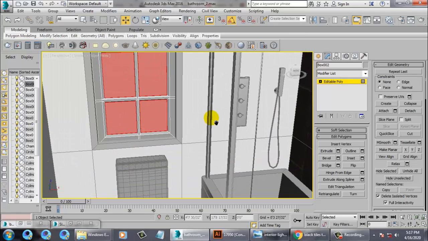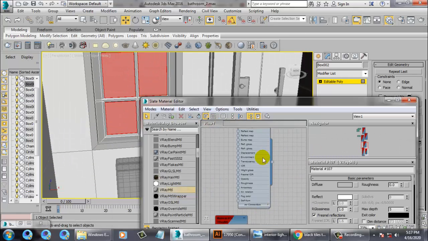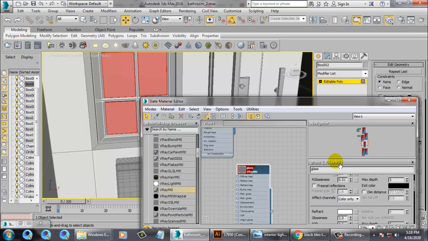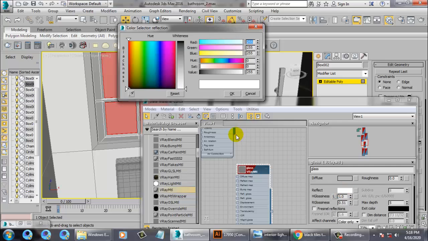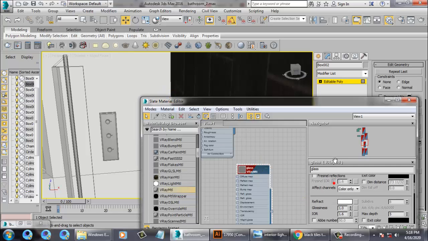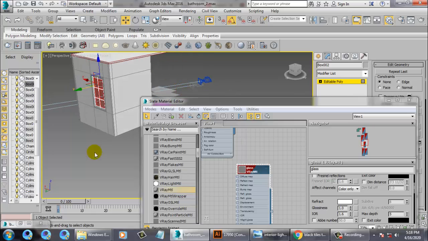So let's go again into material and let's give a glass texture. Okay, so just assign this same texture on top of it,